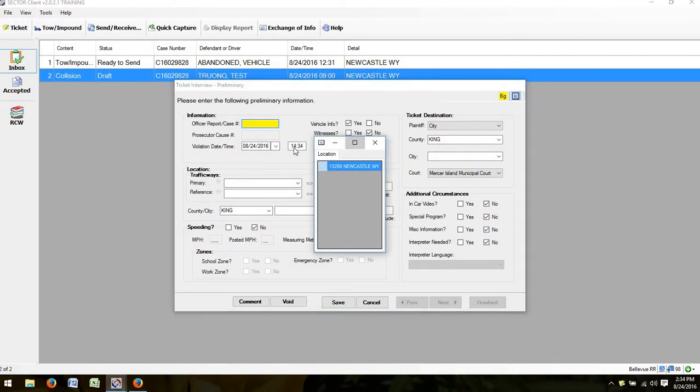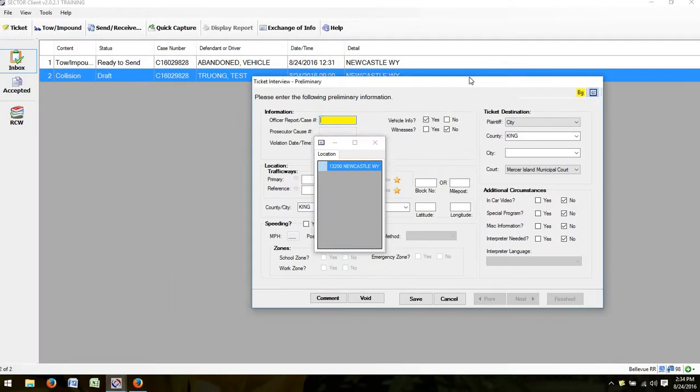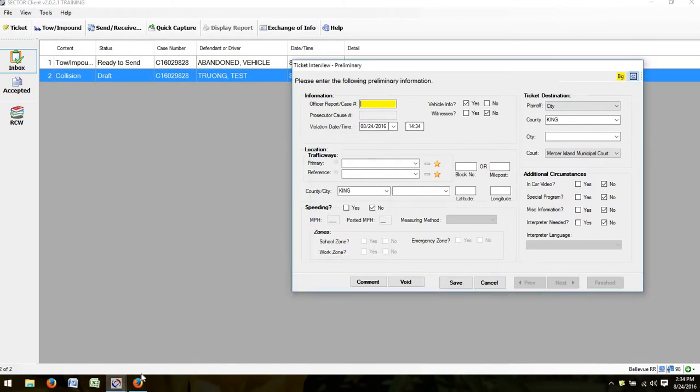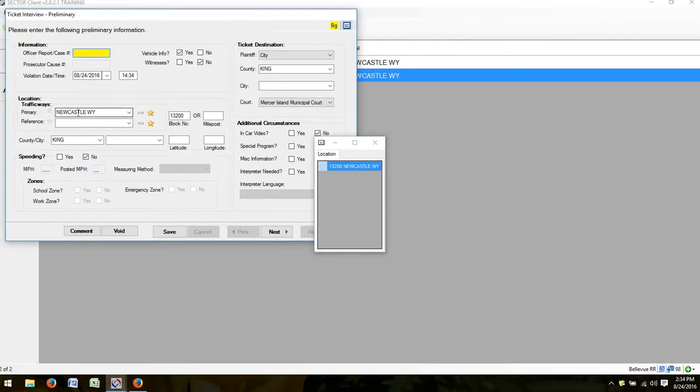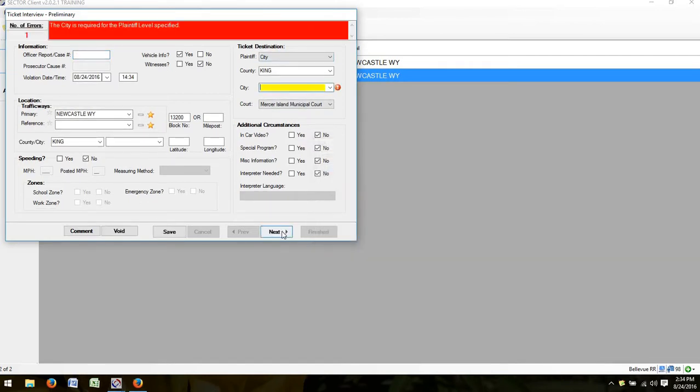So you notice we probably haven't talked about it yet. We have this little box here that keeps popping up. This is your quick copy box. This allows you, instead of having to go through and type everything in again, this allows you to pre-fill your ticket. So you notice it pre-filled the address there for me. On the next page,